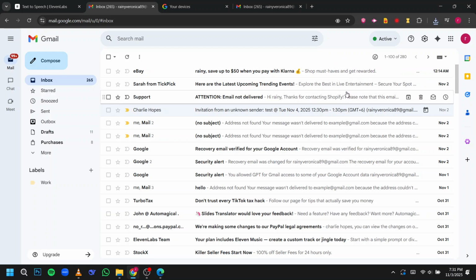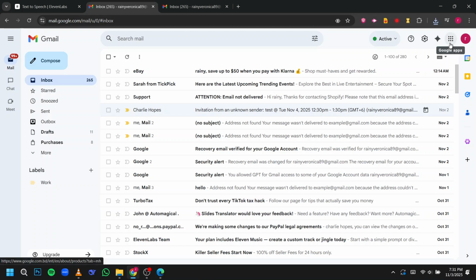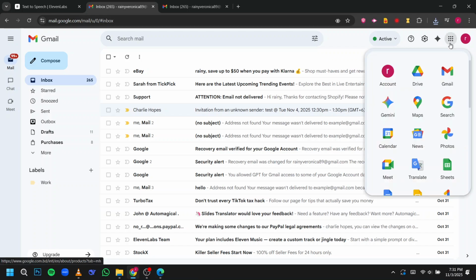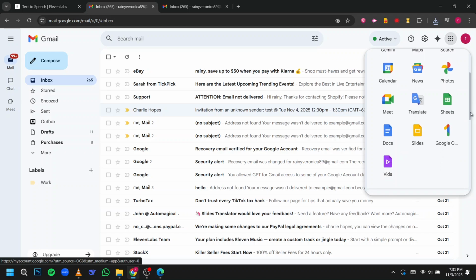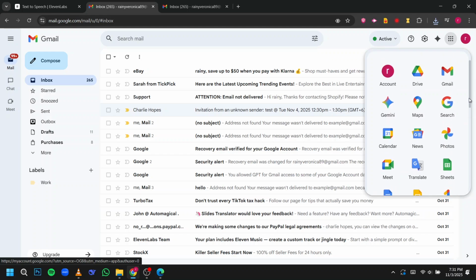Let's start by navigating to your Google Contacts. Firstly, head over to your Gmail account. Once you're there, look for the grid icon, typically situated at the top right corner of your screen. This grid icon is also known as the Google Apps menu. Clicking on it will activate a drop-down menu that displays various Google apps like Drive, Docs, Photos, and most importantly,